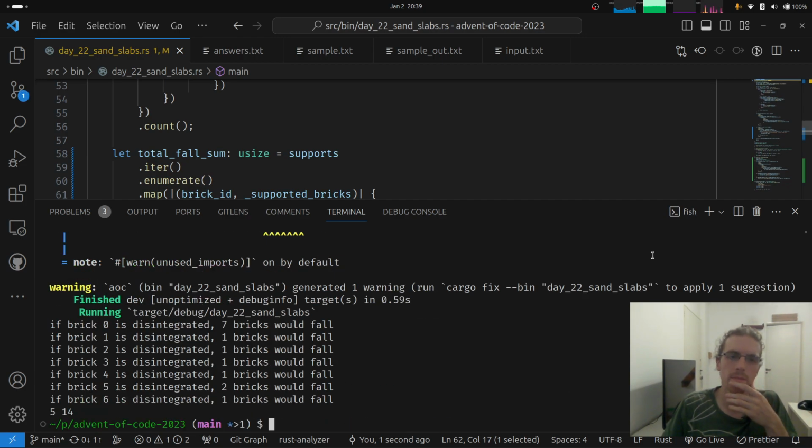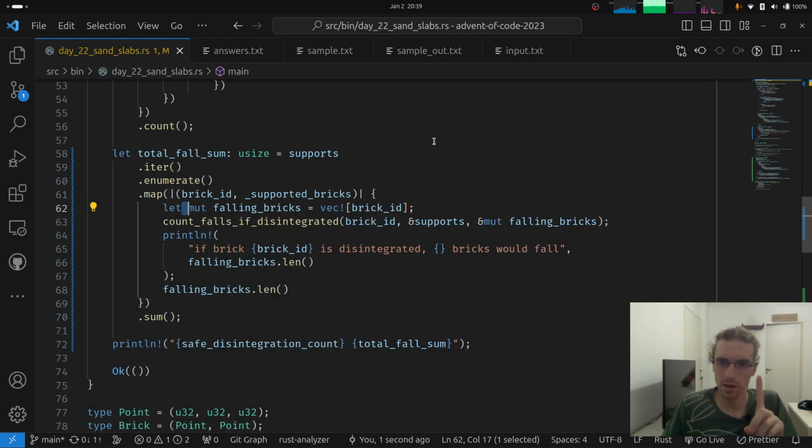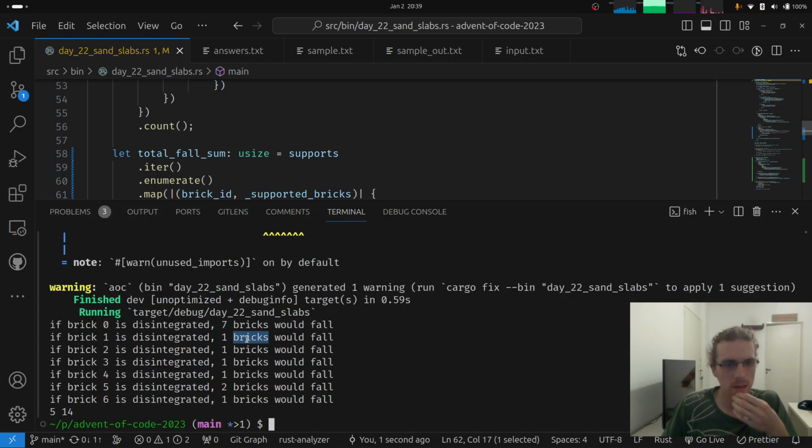14. But why does it say 14? If brick 0 is disintegrated, 7 bricks would fall. If brick 1 is disintegrated, 1 brick would fall. That is not correct. We are overcounting by 1, but only by 1, I think, in all the cases, because